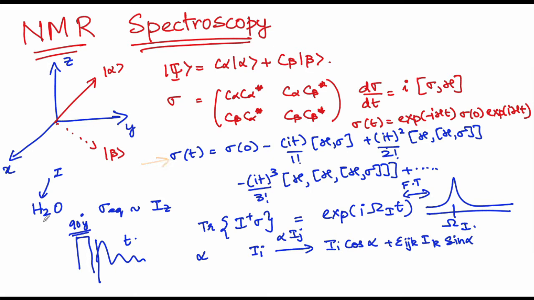And followed by this, we took a very simple single spin system, water, and we subjected it to a 90-degree perturbation pulse followed by acquisition. And we also understood how the density matrix could be represented in form of the IZ operator. And then when we did this, we were able to see the final outcome of this experiment is one where you are able to get the e power I capital omega I times t, which fishes out the frequency difference from that of the transmitter, this capital omega part, and therefore you will be able to get the chemical shift